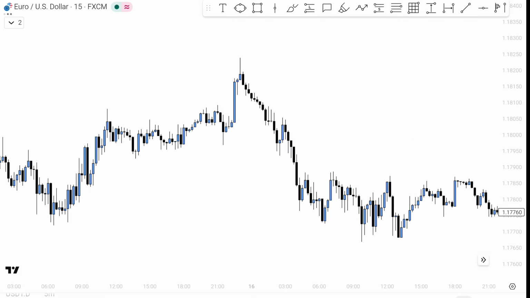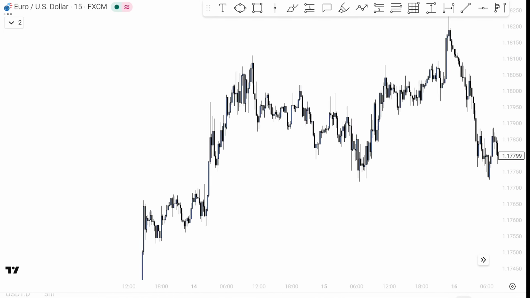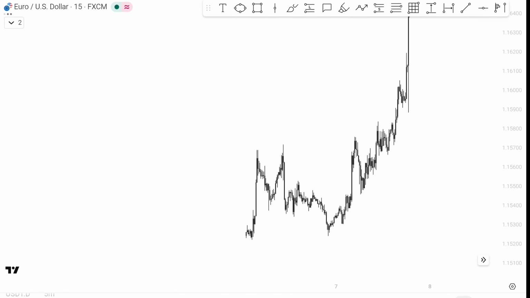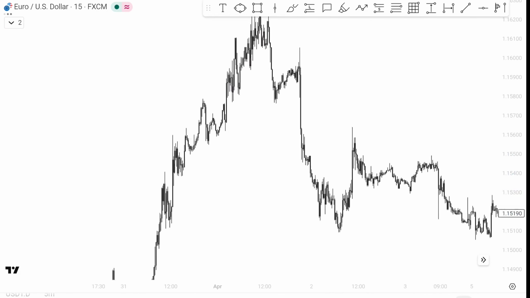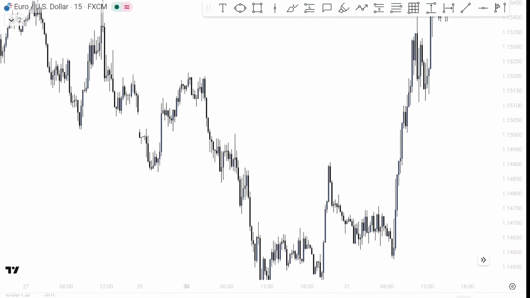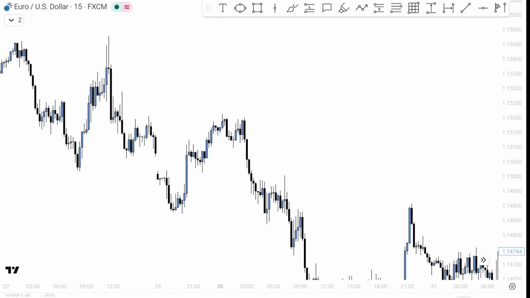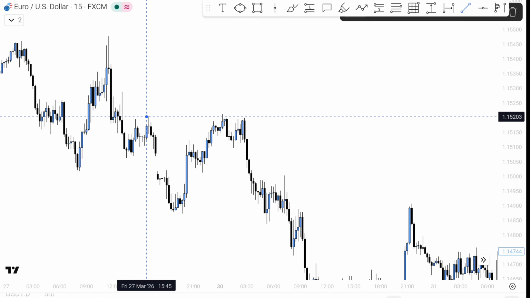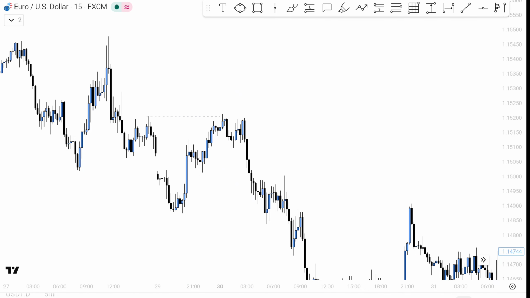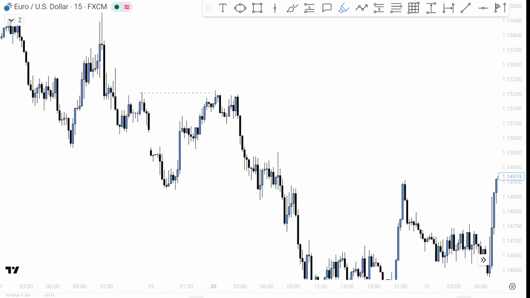This is the EURUSD 15-minute time frame, and you can start marking structure from any point. Like if we start from this point, at this point the market direction was bearish. Now how was it bearish? The market took out the liquidity of the previous pullback, which is at this point, which confirmed the lower low at this point.